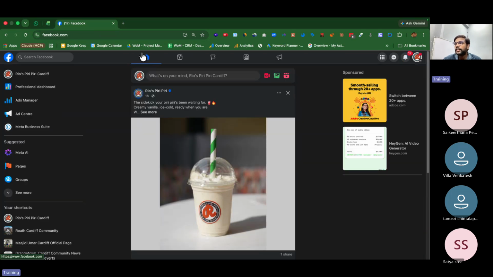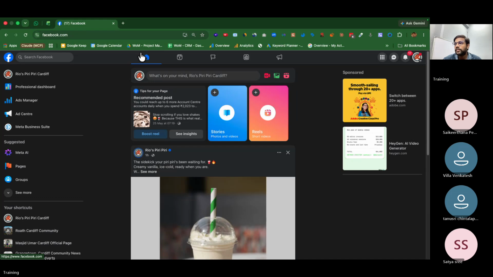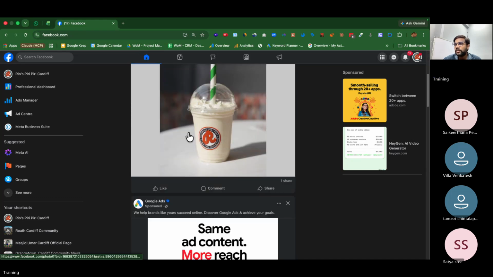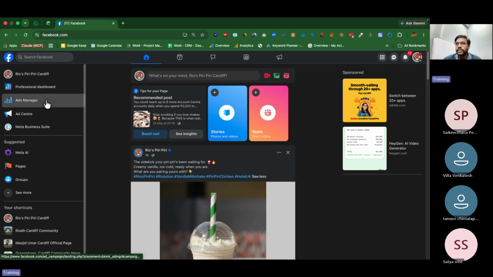Fine. So let us start with the Ads Manager. Okay, Business Manager or Ads Manager. What is Business Manager or Ads Manager? Here is where we create all the ads. Suppose if you want to manage advertising, you can manage everything from here. I hope you can see my screen. Either you can open it from the Ads Manager or you can